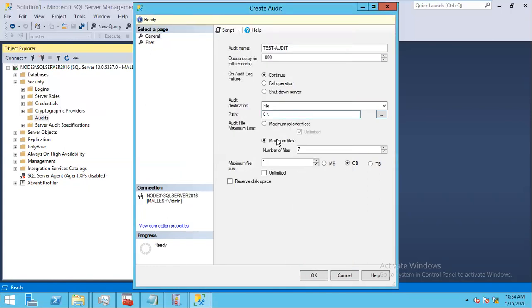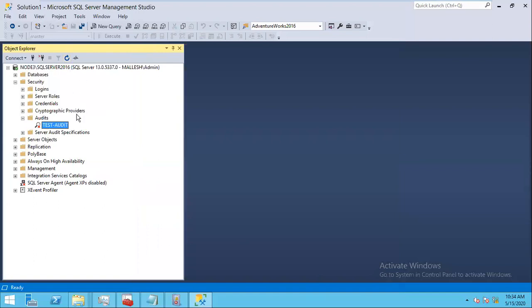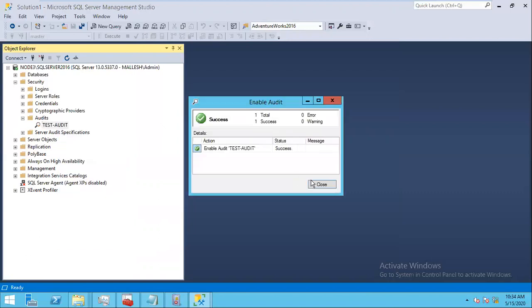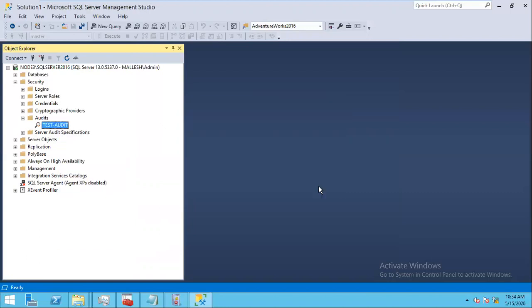Okay, so the audit file information will be stored in this location. Once created, we specify the audit file name, file specifications, and then the file location. We need to enable the audit. By default, after creating it, it is disabled, so we have to enable it. Once we create it, we have server audit specifications as well as database-wise audit